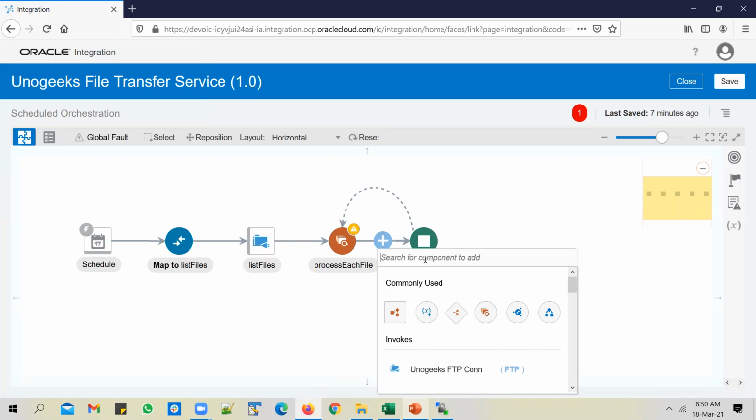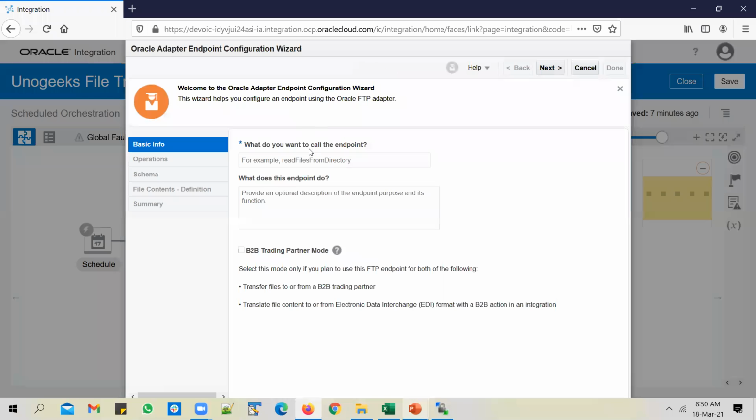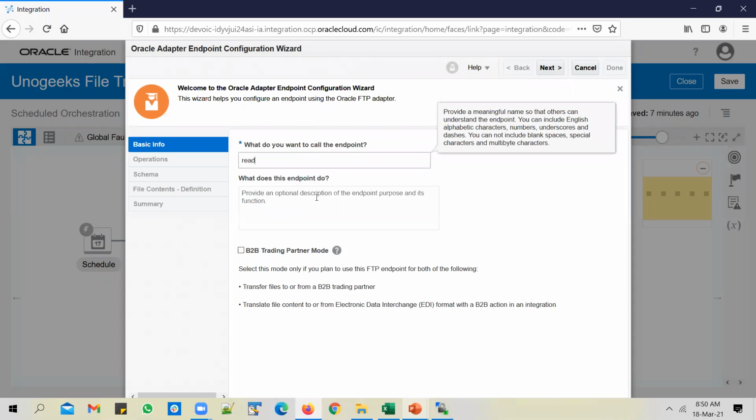And to read the file, click on the plus icon, use FTP connection again. And you can say read file from SFTP because it's a specific file that you are reading.